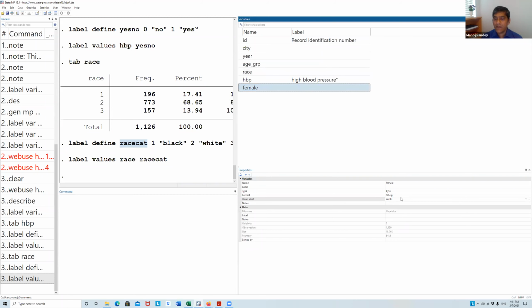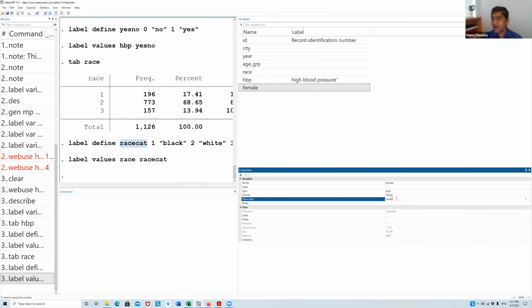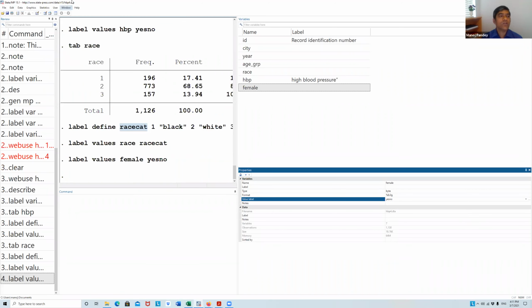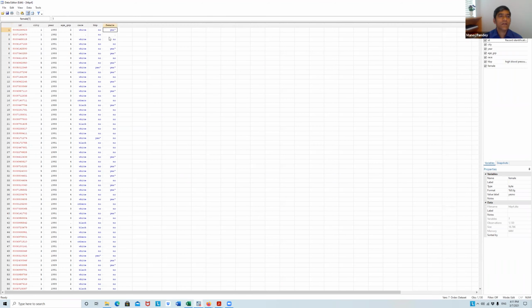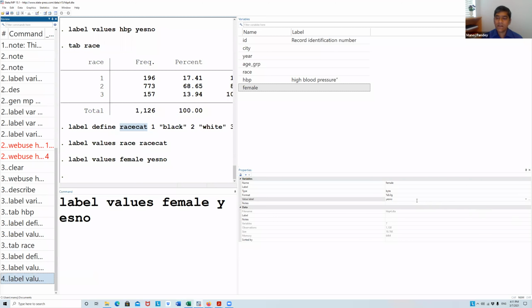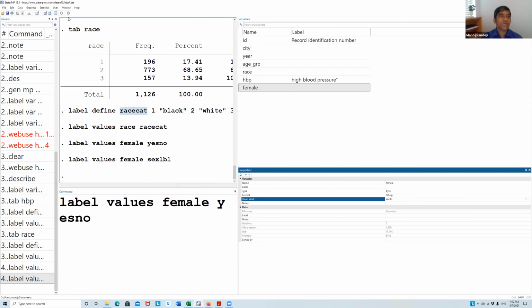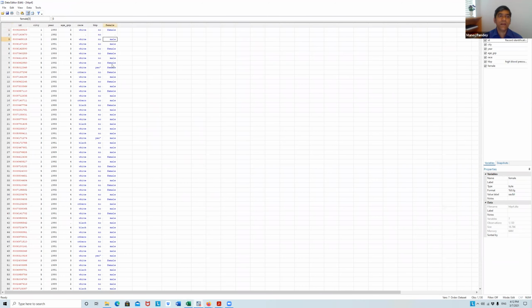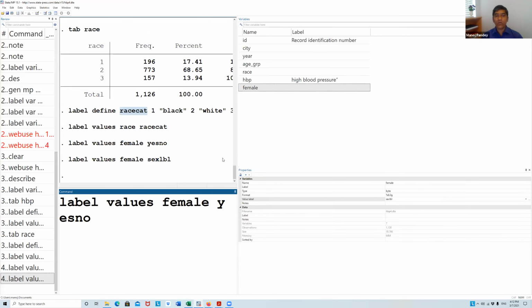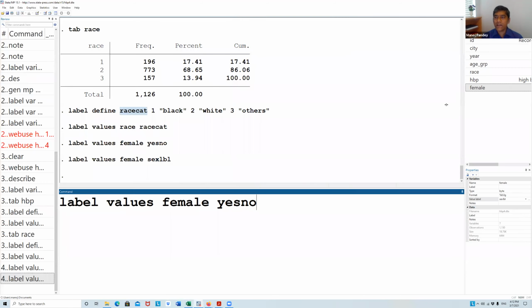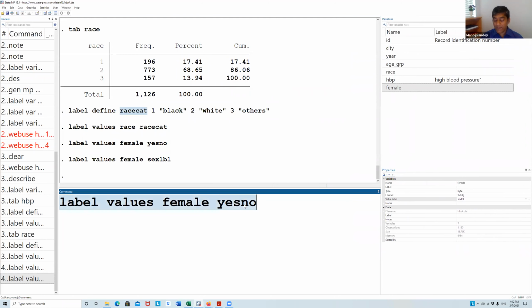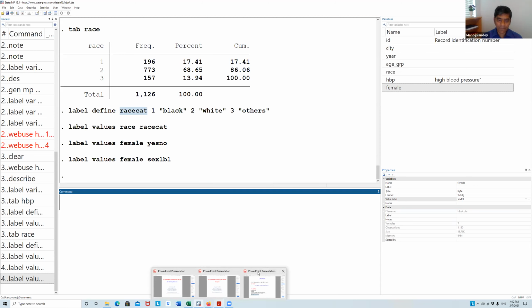For female, this label was there. But if you want to do a yes, no, it will be yes, no now. You can see for the female, yes, no. Initially, it was something else. What was that? It was ACXLBL. So now if you go back and check, it is male, female. So you can change your value label, and it is very powerful, especially when you are working with survey data. If you're planning to work with survey data, this is a very powerful data management tool that you will have.